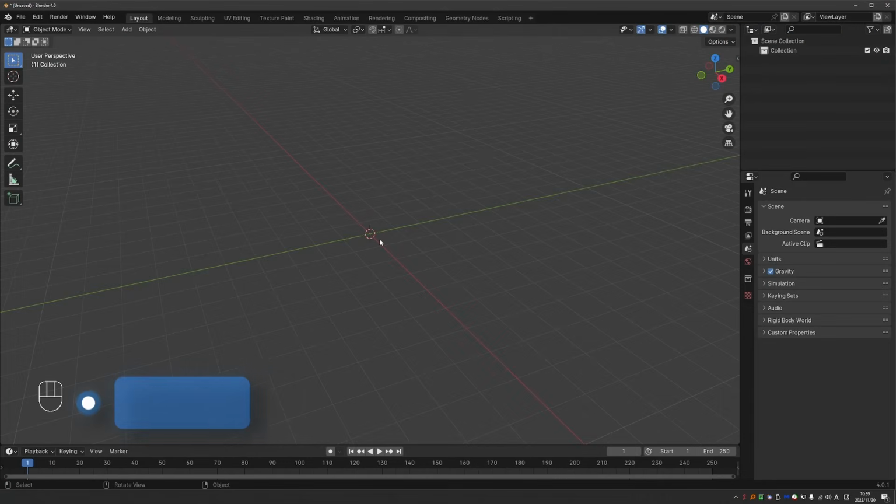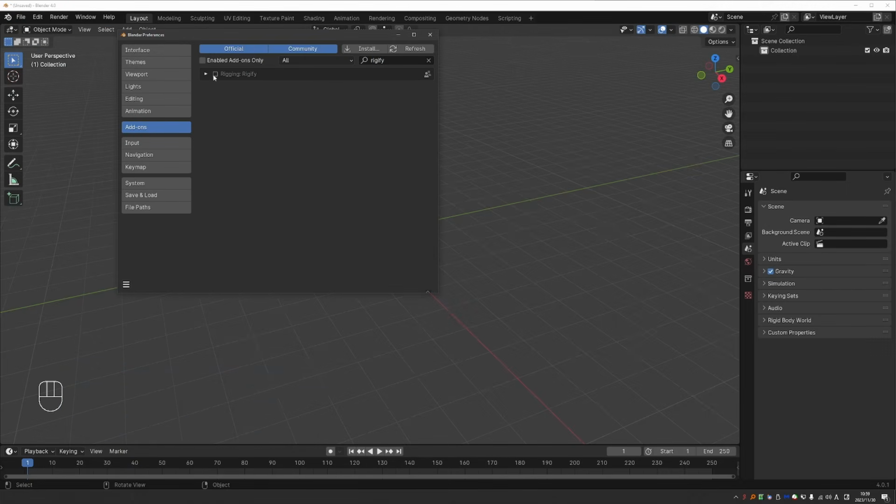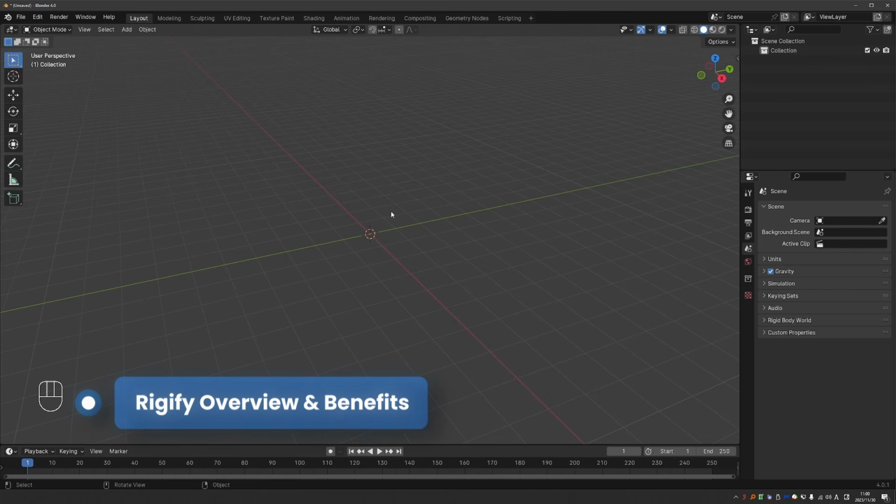If you want to go ahead and enable Rigify, just go to Edit, Preferences, Add-ons, search for Rigify, and place a check mark next to the add-on. Close the preferences, and now Rigify is enabled. We won't practice much in this chapter. I'll just give you a quick overview of where you can find the main Rigify features once you activate the